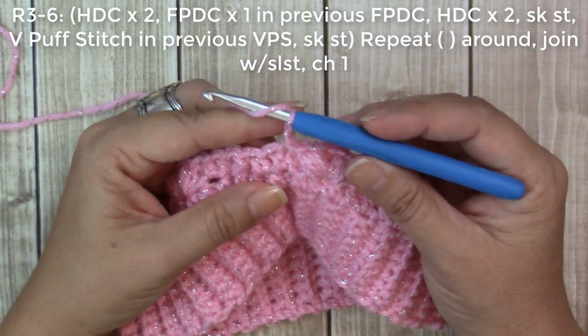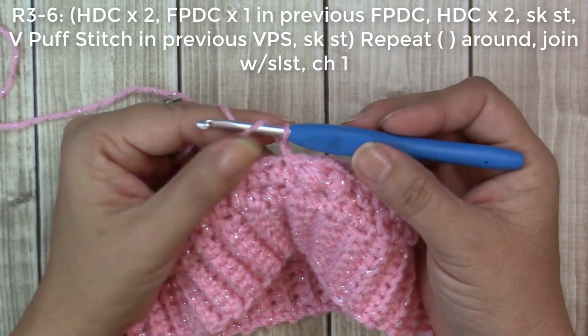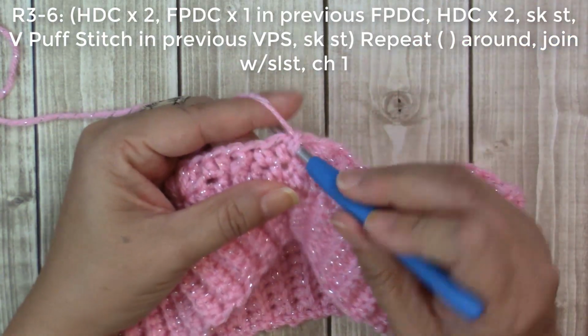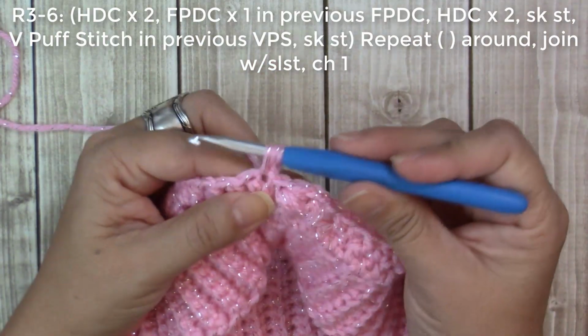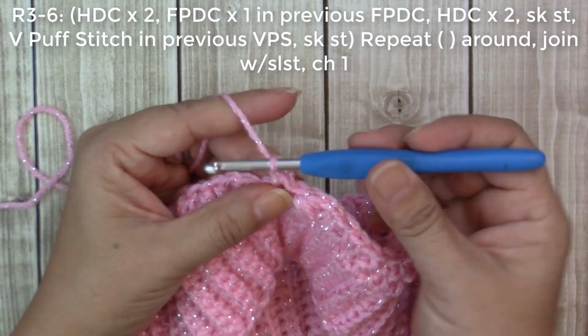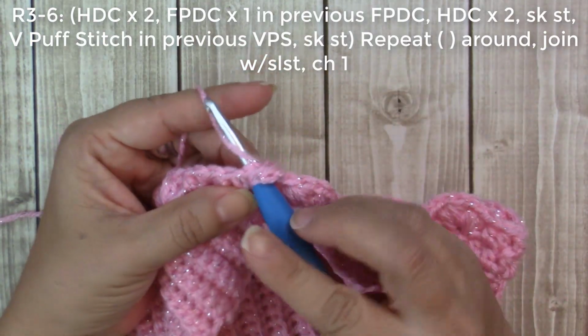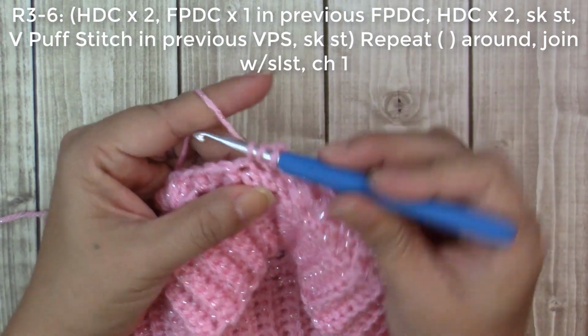So the first 2 stitches, we are going to do 1 half double crochet. So yarn over, insert your hook into the first stitch, yarn over, draw it through, 3 loops on your hook, yarn over, go through all 3. One more time, yarn over, insert your hook in the next stitch, yarn over, bring it through, yarn over, go